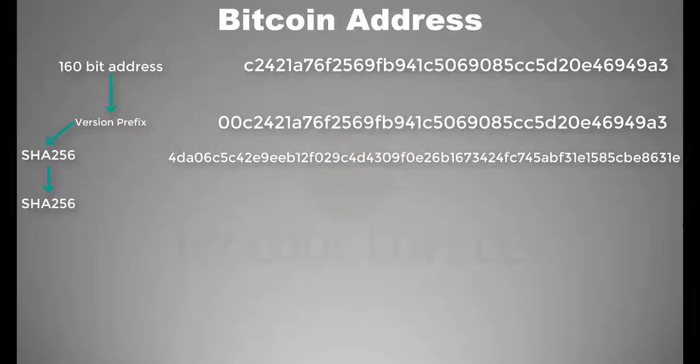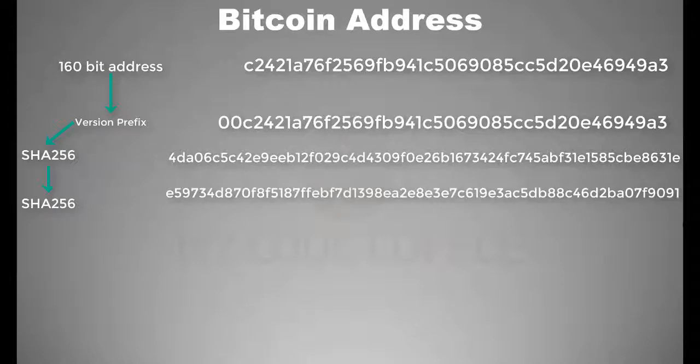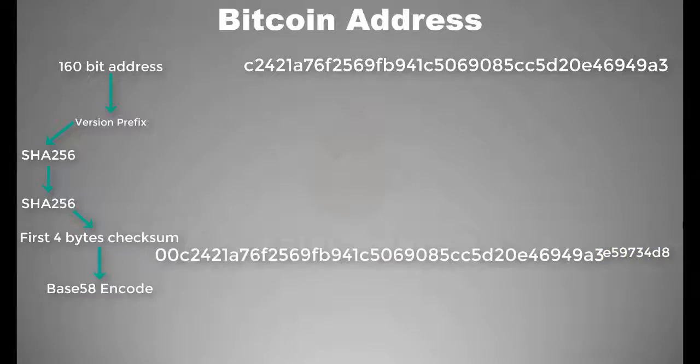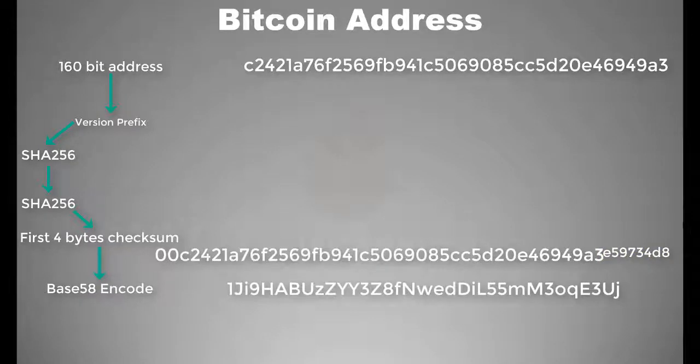Now you will apply SHA-256 hash 2 times on this entire value. Whatever result you get, take the first 4 bytes from that result and add it at the end of your Bitcoin address as checksum. So now you have version prefix, Bitcoin address and checksum. Now you will encode this entire thing to base 58 value. This resultant value is base 58 check encoded Bitcoin address. Since this is not only the conversion of Bitcoin address to base 58 but also version and checksum value along with it, we call it base 58 check encoding.